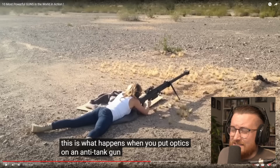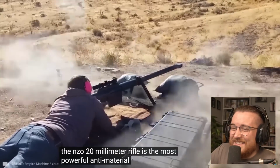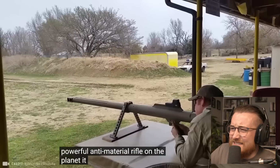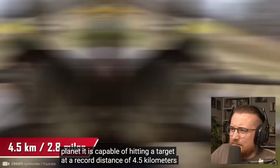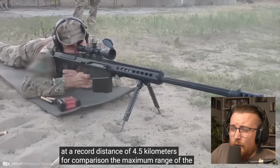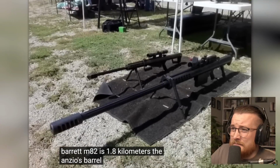That's some tight jeans. The Anzio 20mm rifle is the most powerful anti-material rifle on the planet. It is capable of hitting a target at a record distance of 4.5 kilometers. For comparison, the maximum range is 1.8 kilometers. Holy shit. The Anzio's barrel is almost...